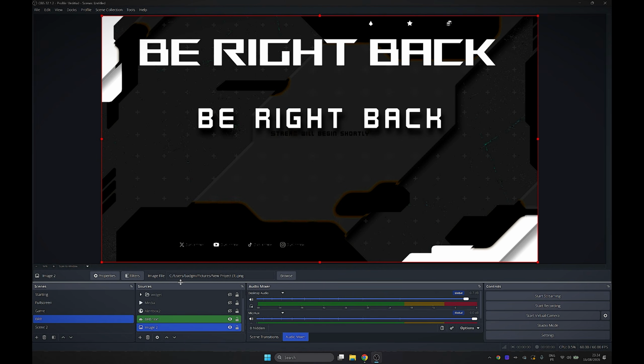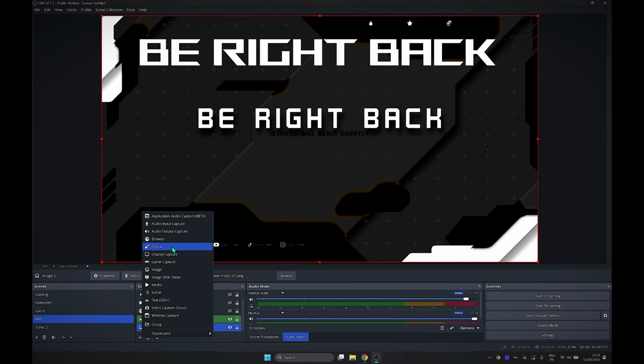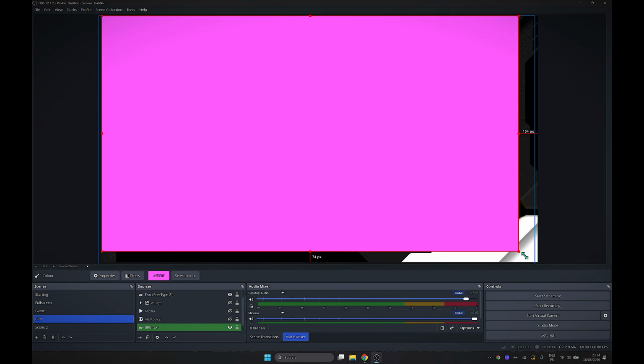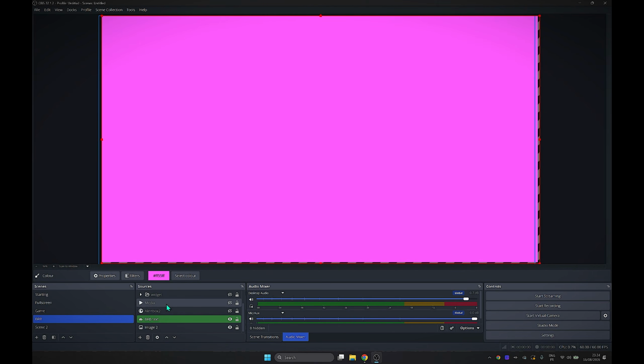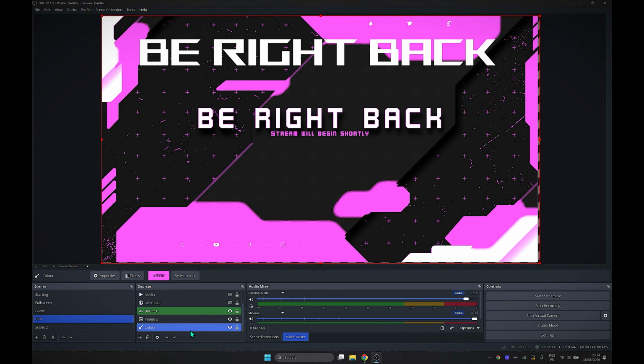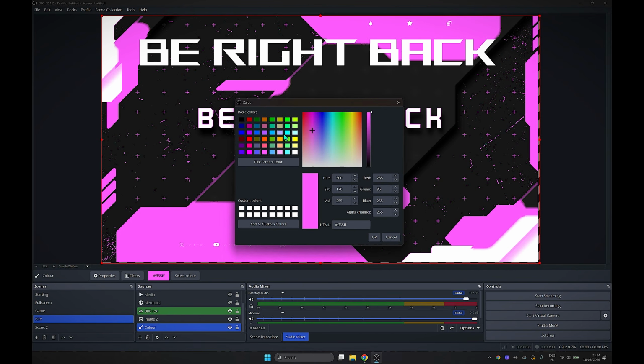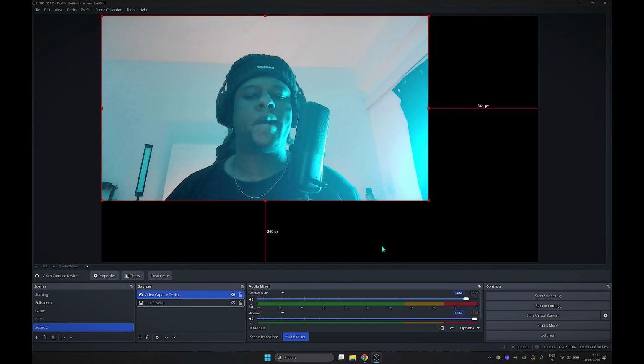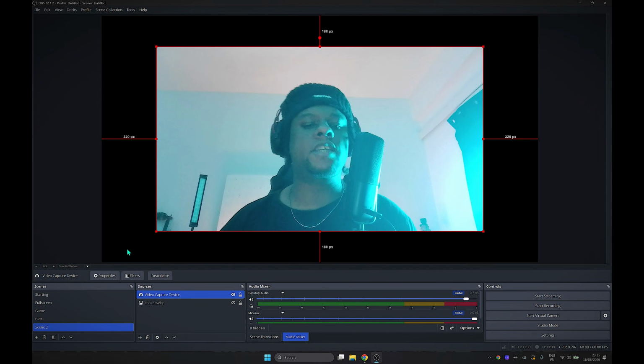And let's say I wanted to add my own color now. I could add a color source and then pick whatever color I want, like this one. Make that big, and then drag it all the way down behind our image, just like that. Now I have 2 layers, but now I can dynamically change the color of my entire overlay. And if I use some external software, I can maybe let chat decide which color my overlay will be. I'm going to add my webcam for this next one. And the next filter is